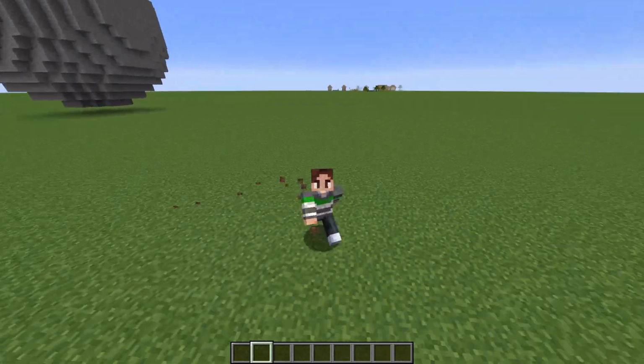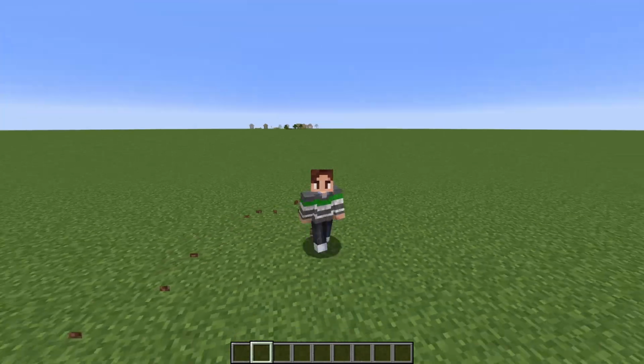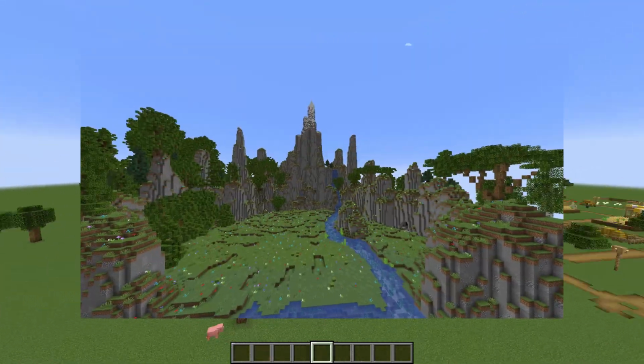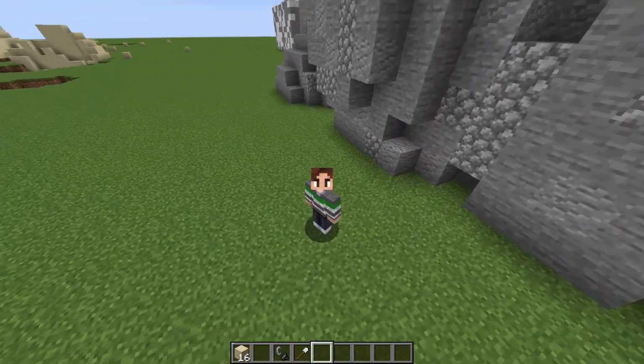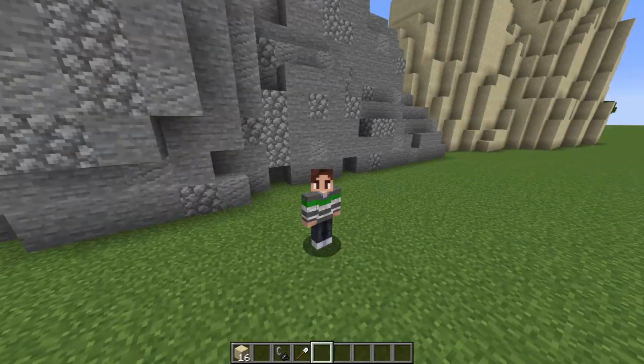With WorldEdit, you can edit a large area of blocks and create amazing builds way faster than if you would build it normally. So in this video, I will show you the basics of WorldEdit, why we build this valley, so you will know when to use what commands. But first, I'm gonna show you the really basic stuff, so I don't have to explain everything when we build the valley. So let's start.